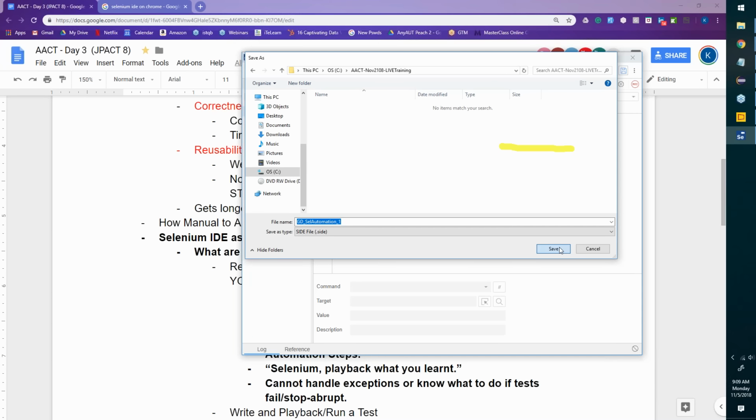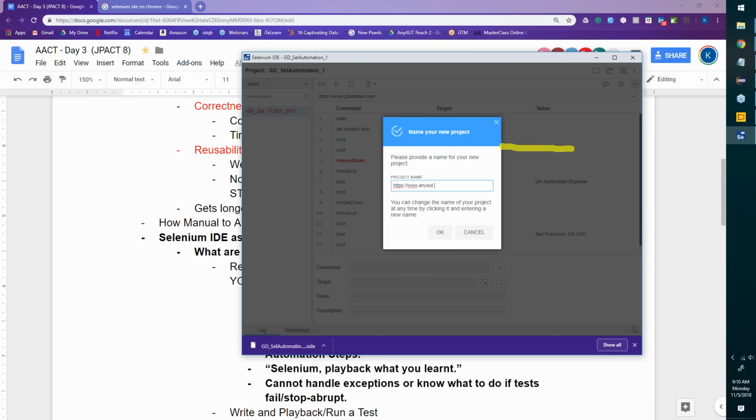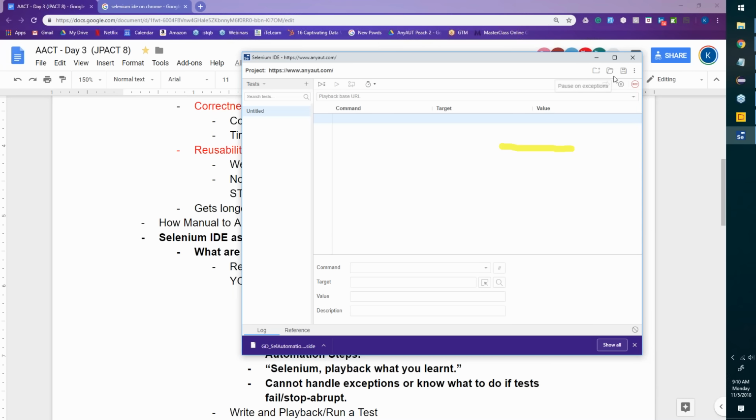Let us try one more, team. I'm going to create a new project and I'll say simple, let's try AnyAUT, for example. https://world.anyauth.com. Same thing, record. Okay, so, oh, it didn't. This time it didn't see. Why?